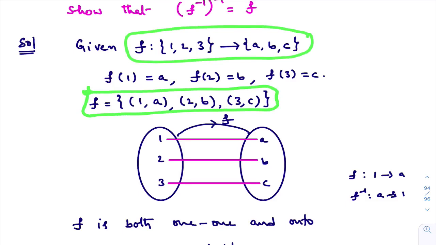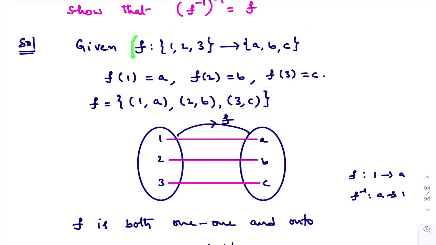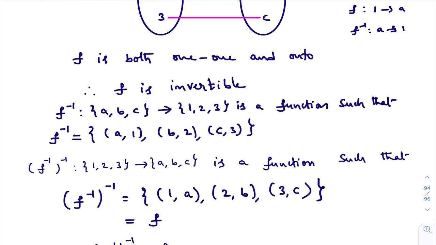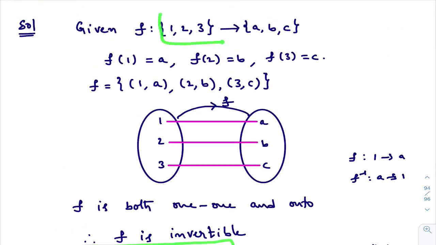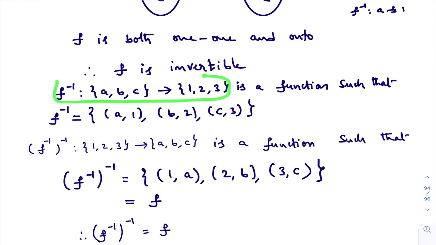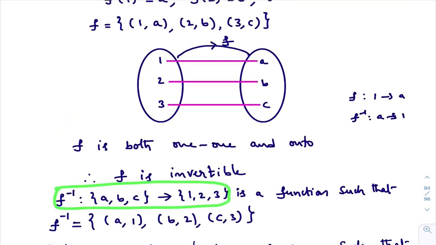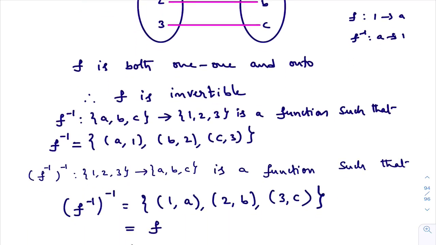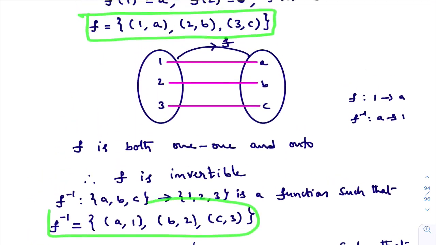By seeing these two things you can write its inverse. Try to understand. This is the given information. I came to know that this is one-one and onto, that means it is invertible. As f is invertible, by these two pieces of information I can write f inverse like this. See, f inverse is from {A, B, C} to {1, 2, 3}. Look here, f is from {1, 2, 3} to {A, B, C}, so f inverse is from {A, B, C} to {1, 2, 3}. And f inverse I can also write, because I know f is invertible and I know f is like this: f takes 1 to A, 2 to B, 3 to C. From this I can write f inverse. Look here please. f inverse.